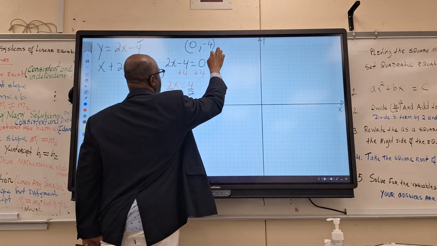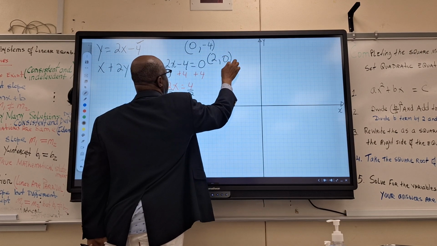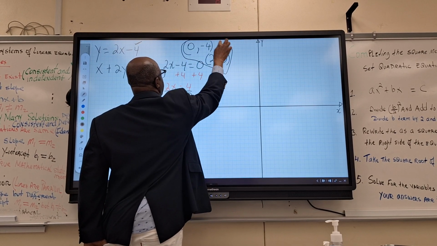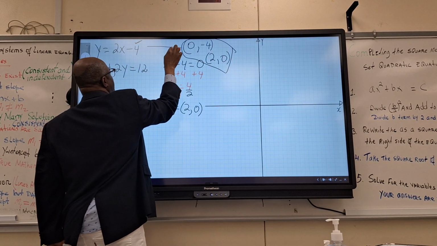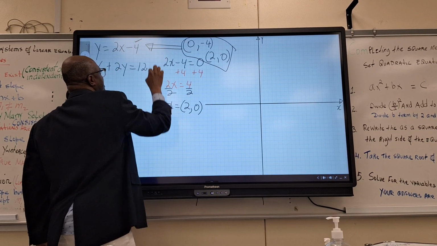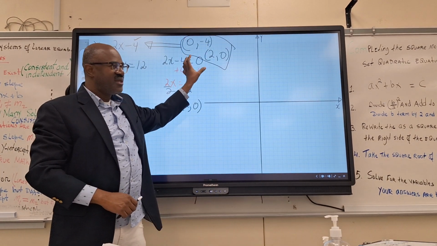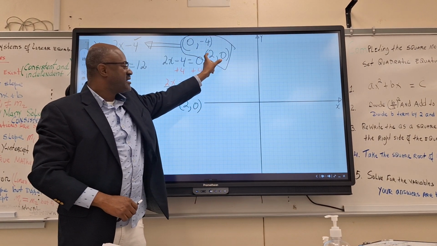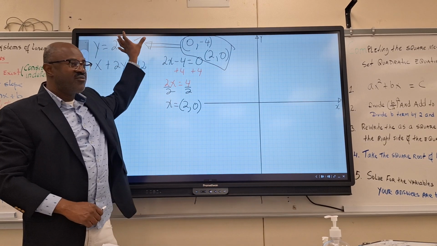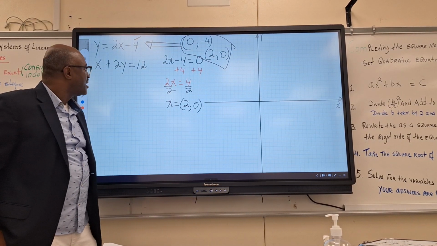Those 2 points belong to that line. Then I'm done with that equation and I found the 2 points I'm looking for. I found my y-intercept, which is 0, -4. I solve for x, this is my x-intercept. Then I'm done with this problem. Then I go and work the other problem out. Here,